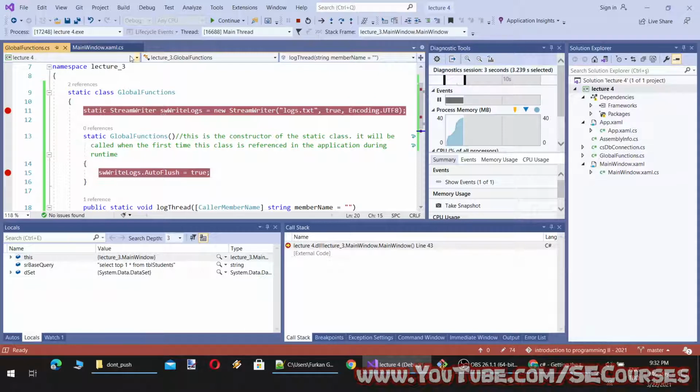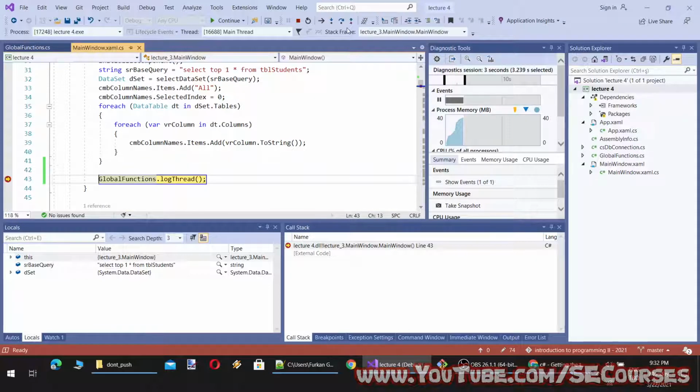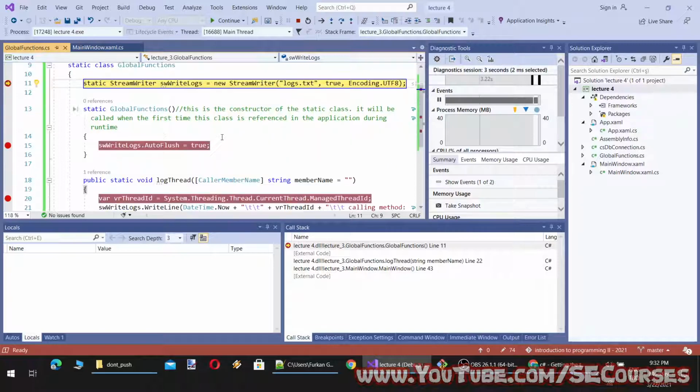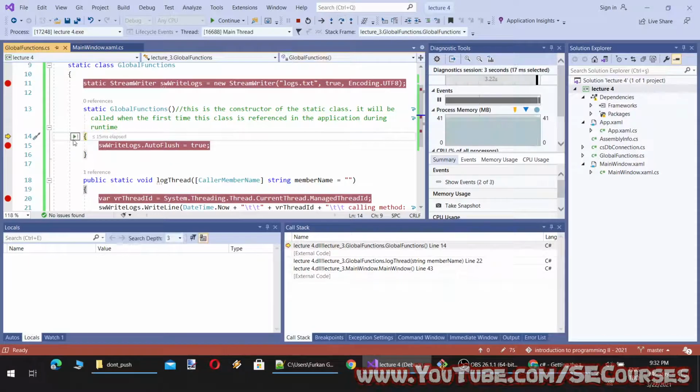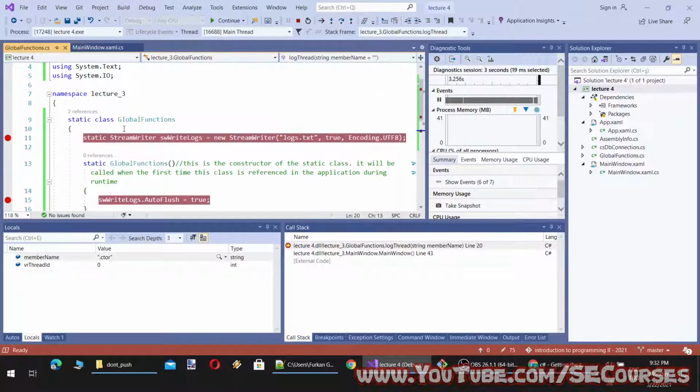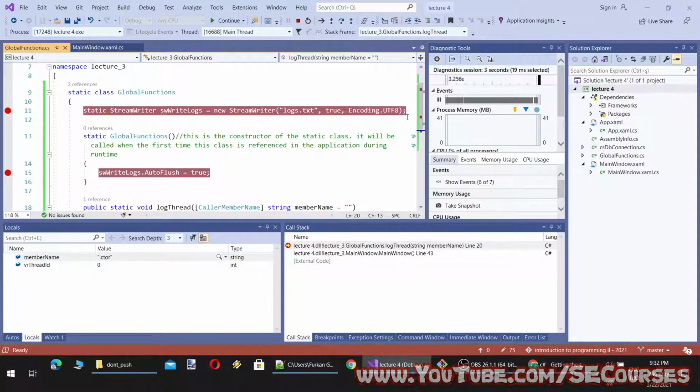Okay, so when I click this, you will see it is starting with the declaration of the static members. Actually, this is a field, and then it will get into the constructor. Here you see now it is inside the constructor, and then it will get into the method call that I have just made. But these two will not be called again. Okay, these are one-time things, when the static class is initialized for the first time.